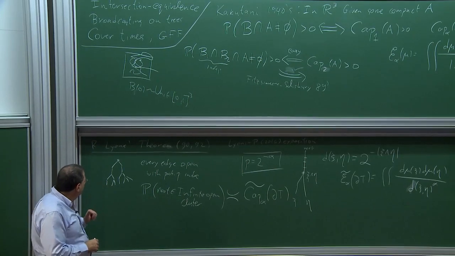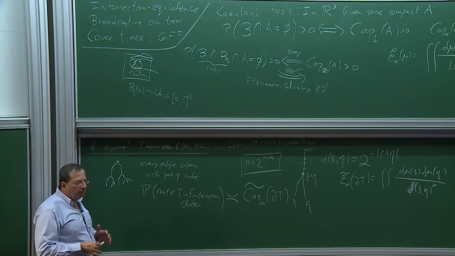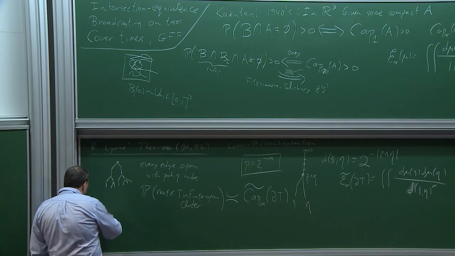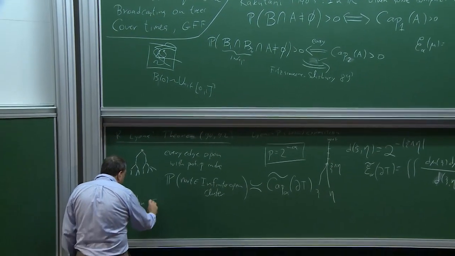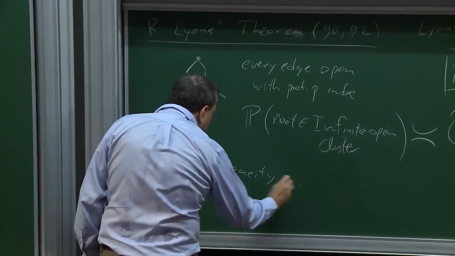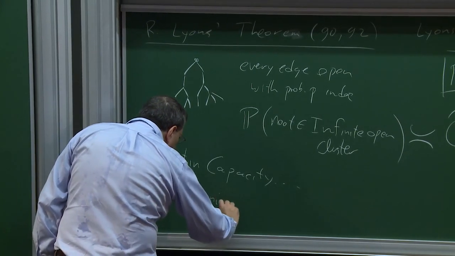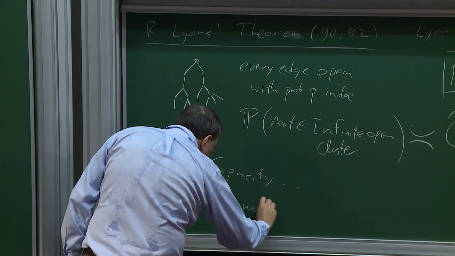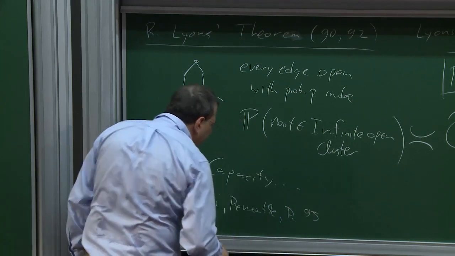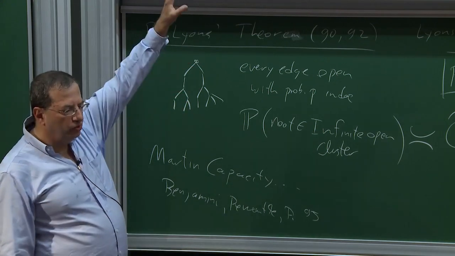In the tree, Russell didn't exactly express his proof like that, but later I want to send you to a different paper called Martin Capacity. So it has a longer title, but this is with Beniamini, Pimentel, and myself in 95, also in Annals of Probability, where we explained Lyons' theorem in a way which is close to